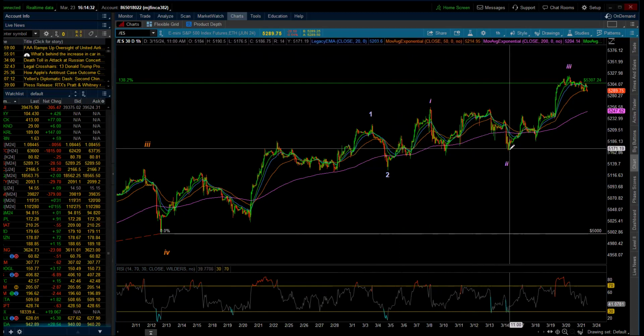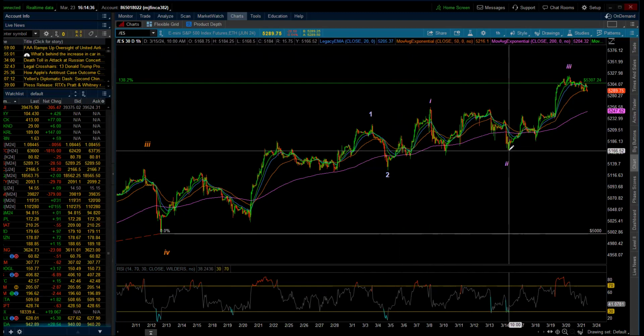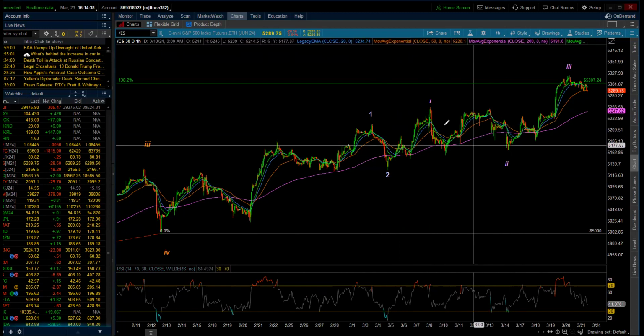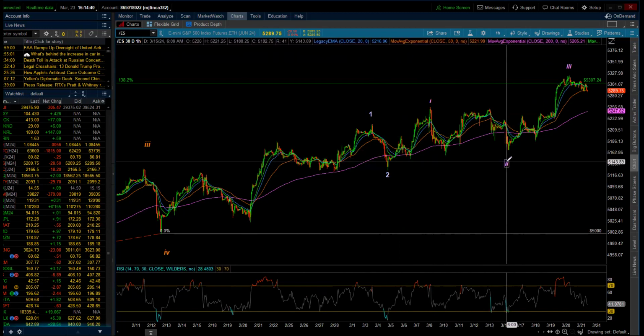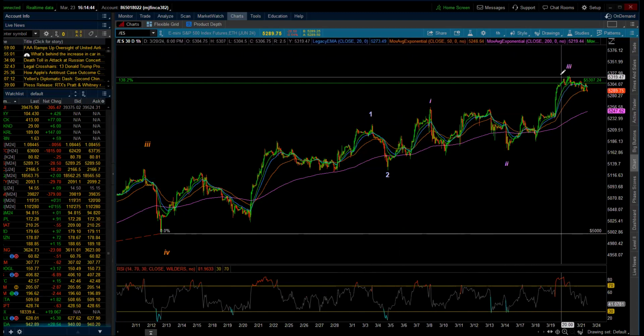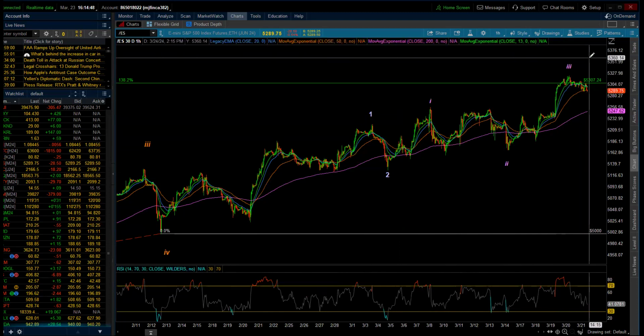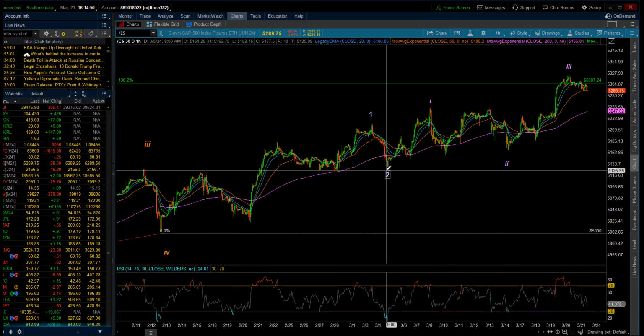A little bit, not quite creating a new low below that, but it does fit and it does not break any rules. So there is minuet wave 2, and then 1, 2, and then a 1, 2, 3, 4, 5 for wave 3, and then again the wave 4. So I'll be looking for this 5th wave up. Now here we have it again, that we can go from here,